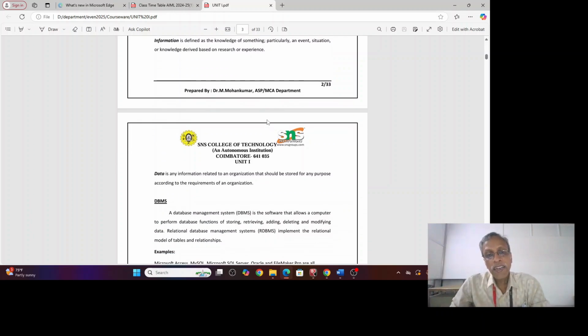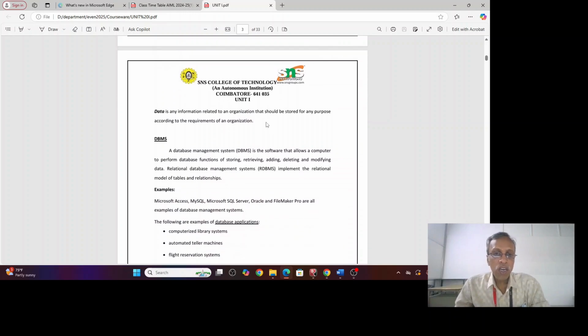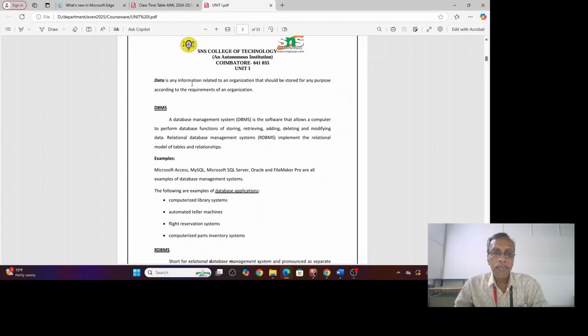Here, data is any information related to an organization that should be stored for any purpose according to the requirement of an organization. Data is any information related to any organization that should be stored for any purpose according to the requirement of an organization. DBMS, here database management